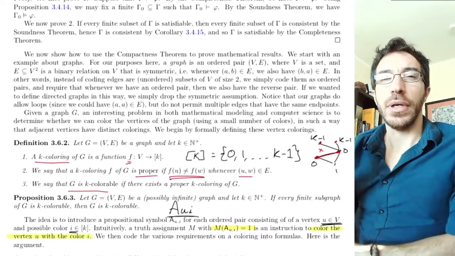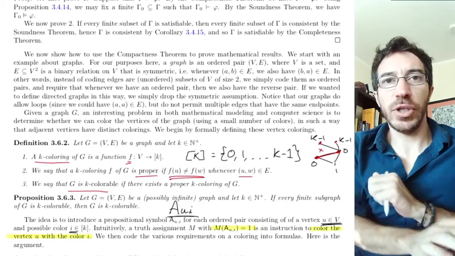Make sense? Cool. Okay, so we'll continue with a couple more proofs in the next